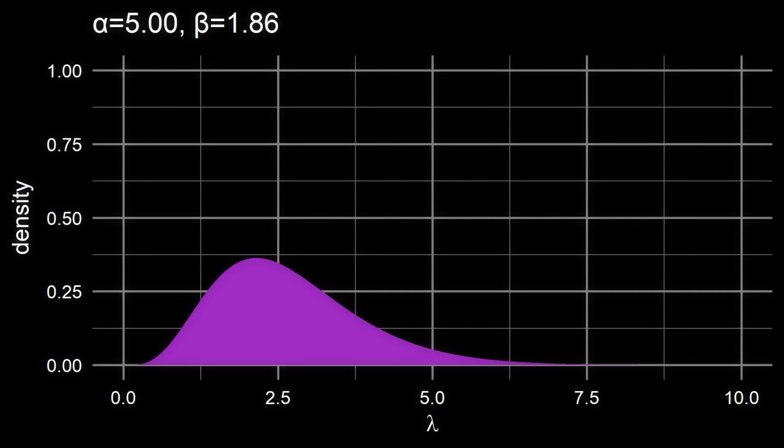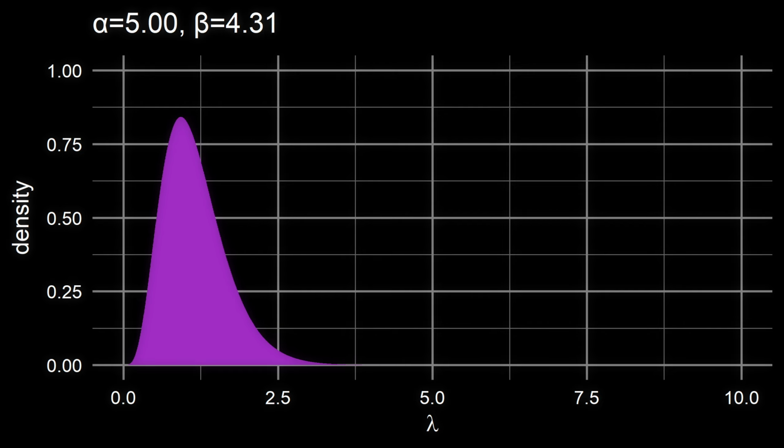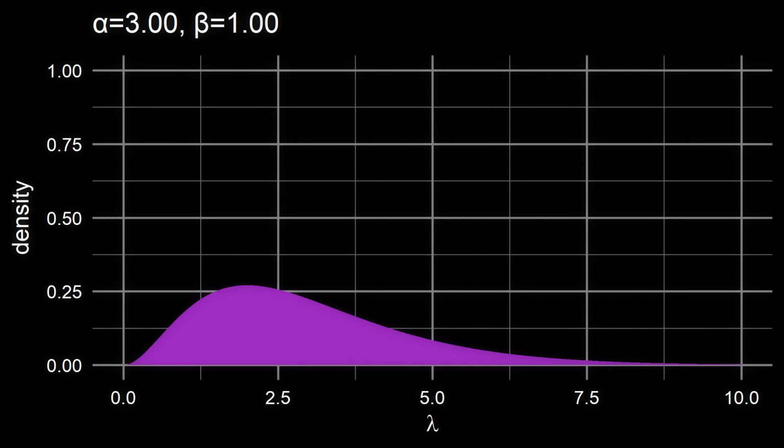Conversely, as the rate parameter beta increases, the mean and variance of the gamma distribution decrease. Here, beta represents the exposure of our prior observations. Let's assume we visited a neighbouring field and observed 1 square metre of it, where we counted a total of 3 flowers. Since the fields are close to each other, we can reasonably assume that their environmental and ecological factors are similar. We can incorporate this measurement as prior information by setting alpha to 3 and beta to 1.